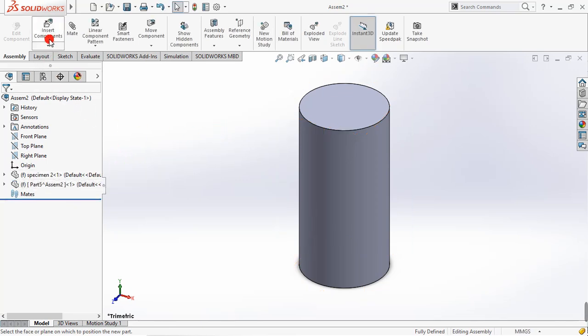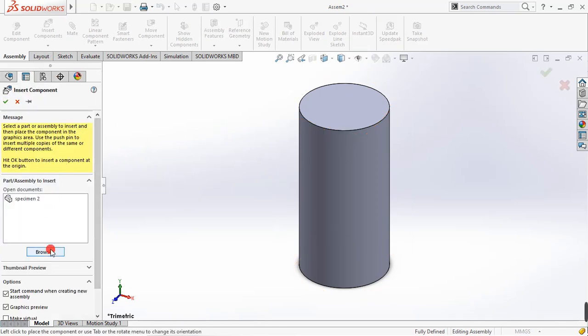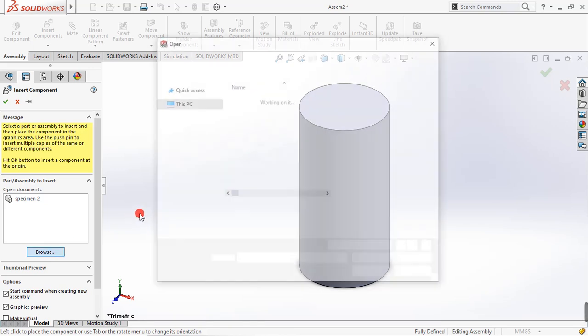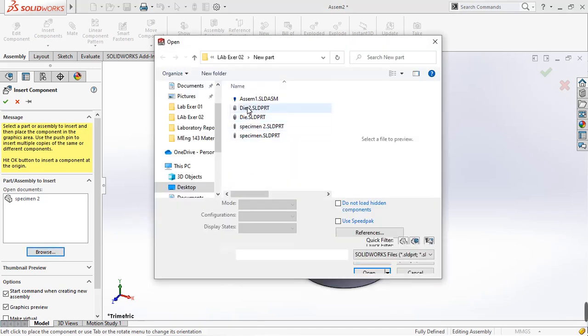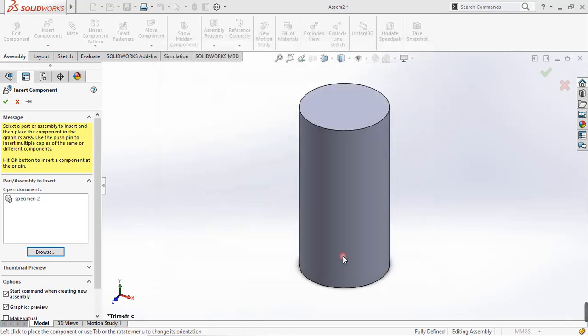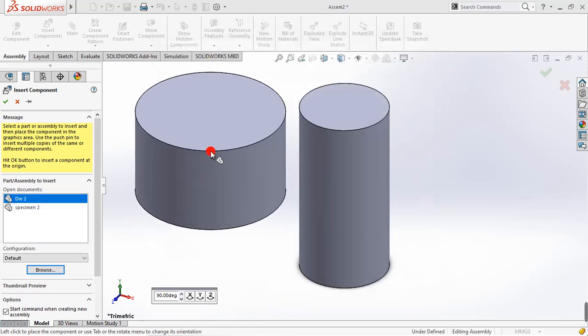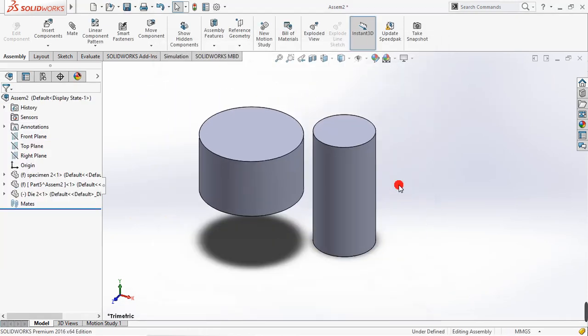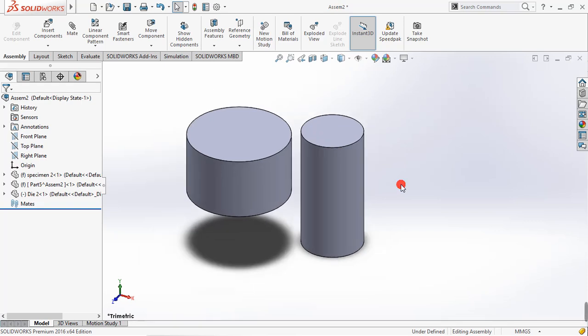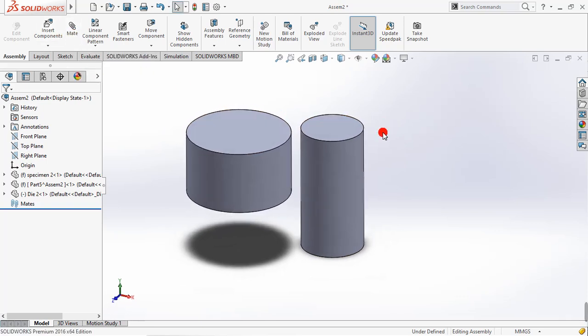Sorry, so insert components and then click browse, and then we are going to insert the die. Okay, right here. Now we are going to add some mates for our models. So first click this mate icon,